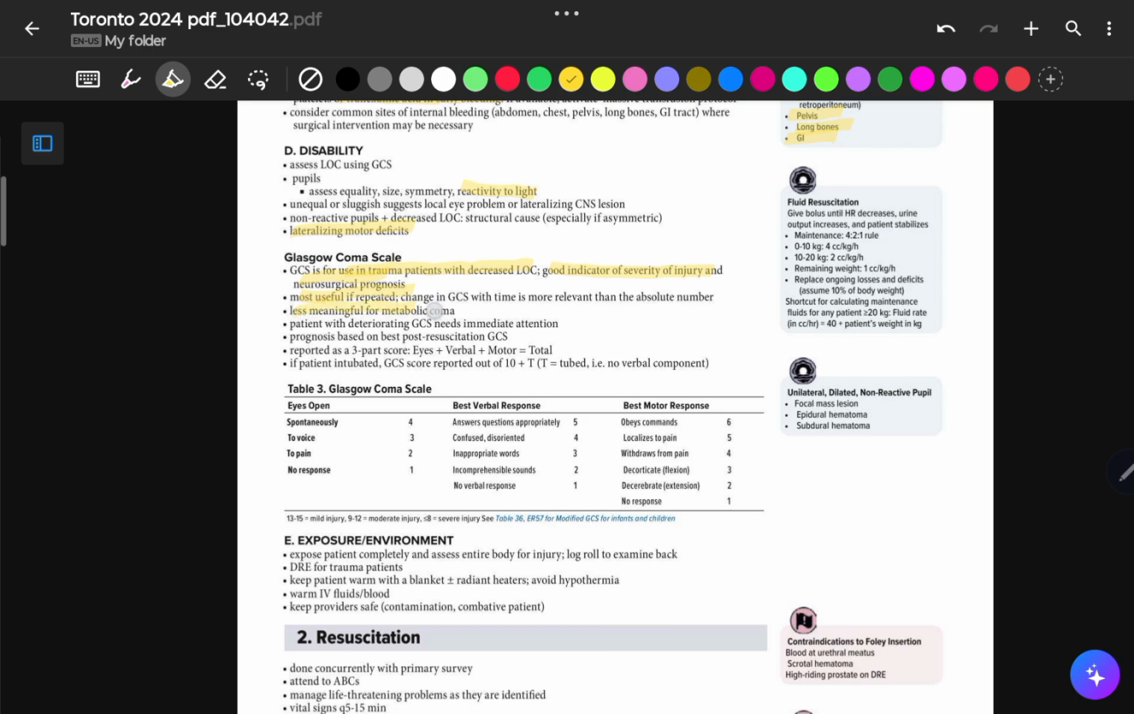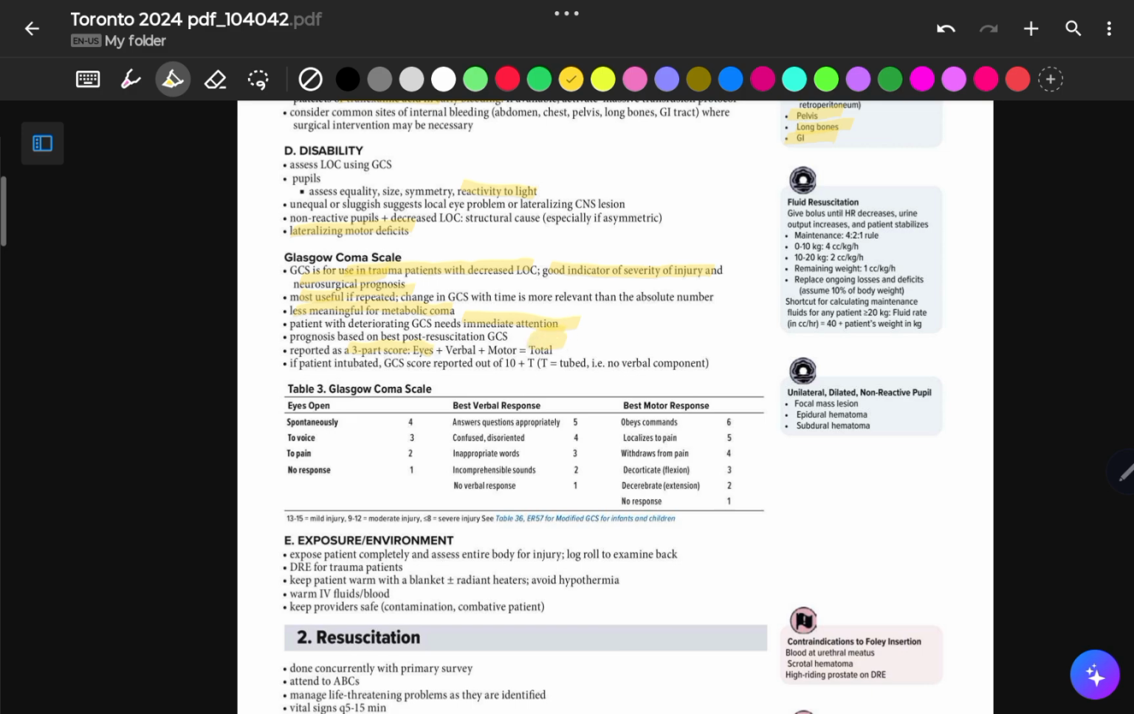It's less meaningful for metabolic coma. So it's mostly for patients who've been in trauma, now presenting with low level of consciousness. So a patient with deteriorating GCS needs immediate attention. Okay. So when we're looking at that, we're looking at 3 parts. We're looking at the eyes, we're looking at verbal, and we're looking at motor, and we're making a total out